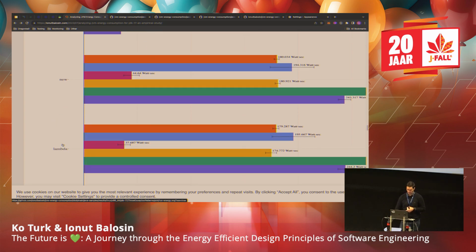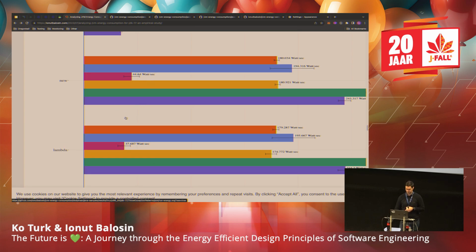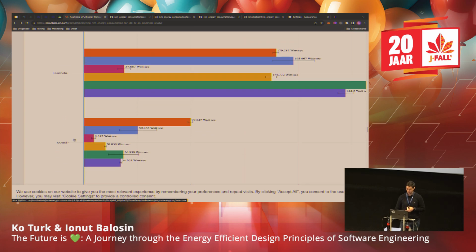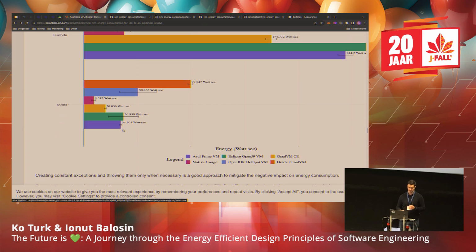For the Lambda one, it's pretty much the same, but also it's good if you declare the exception as a constant one. So this also saves you. So the takeaway from here is, if you really have to throw a lot of exceptions, and you are an eco-friendly software engineer, think of this, yeah, because this all impacts your energy consumption.